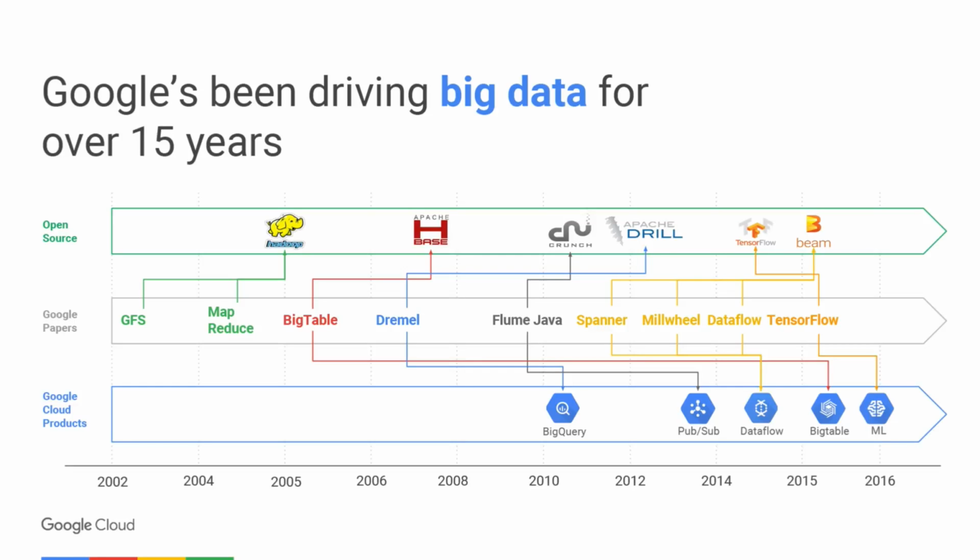Google's had a long, storied history around big data technology for over 15 years. We've started by writing white papers, which have often led to very popular open source projects. Technologies such as BigQuery, which has been refined over 10 years, powers some of the world's largest applications. BigQuery's ability to scale and be performant for interactive analysis is really unrivaled. This has enabled virtually all functions of the business to have access to data and for organizations to truly become more data-driven, really unleashing that power of the data like we've never imagined.